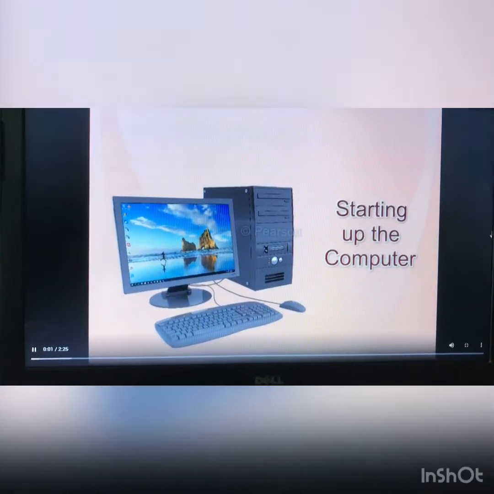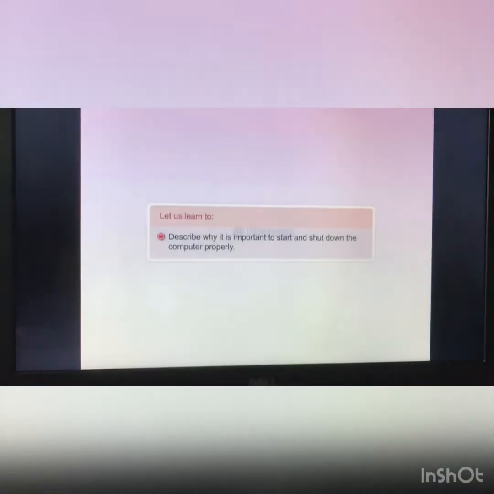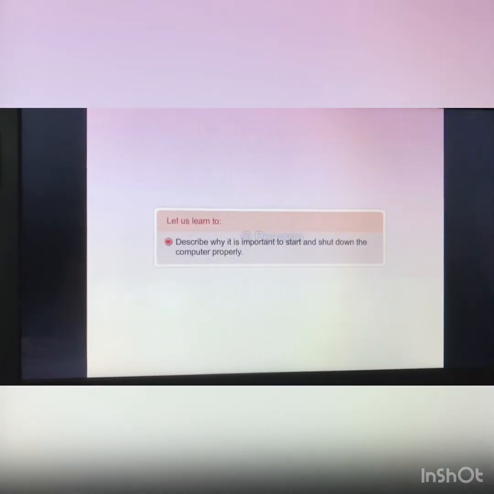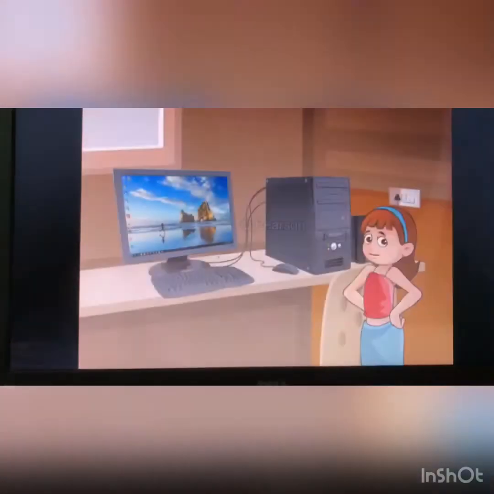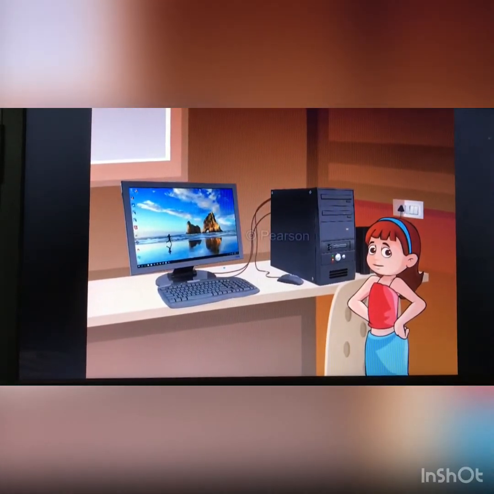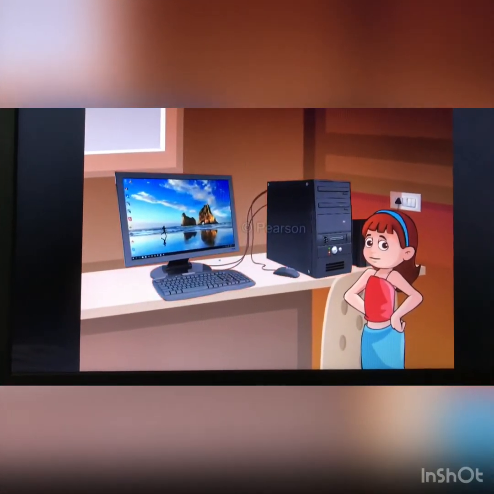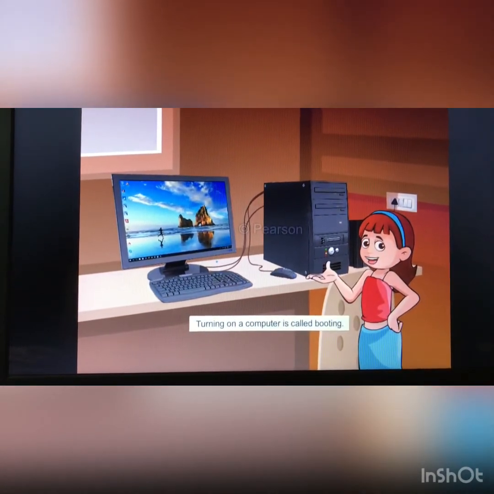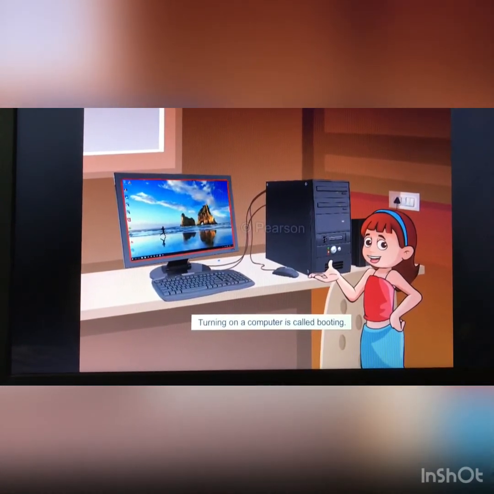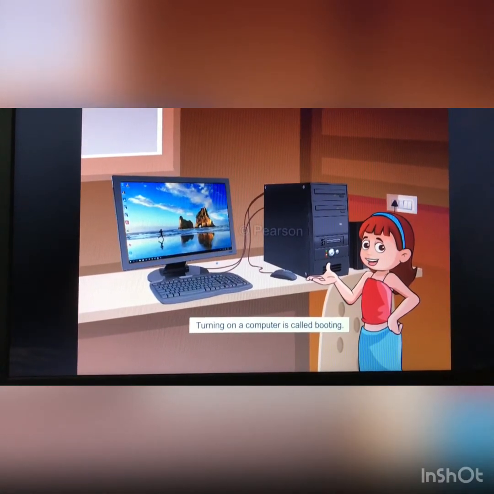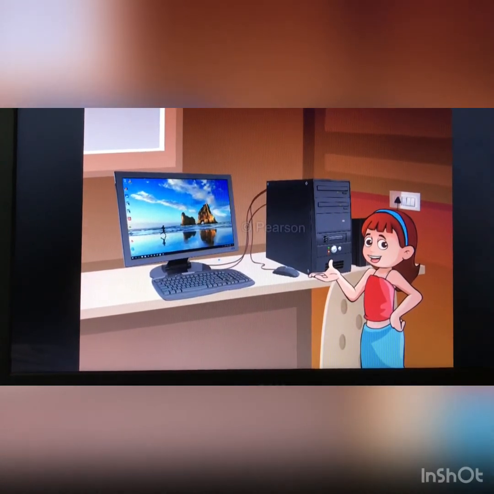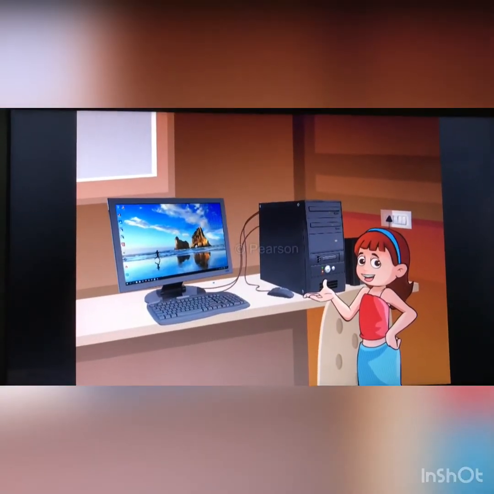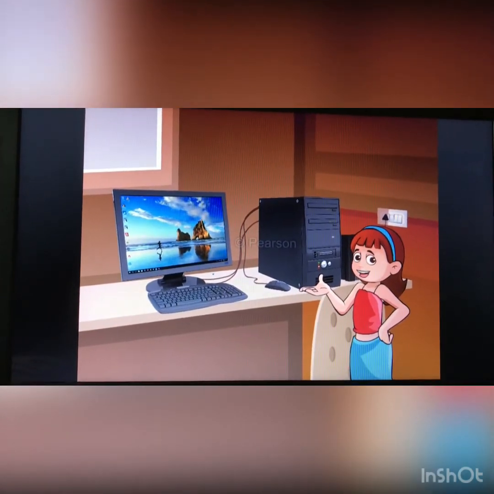Starting up the computer. Let us learn to describe why it is important to start and shut down the computer properly. Did you know that turning on the computer is a special process? This process, called booting the computer, is a series of steps which you must follow so that your computer functions properly. Before we learn to boot, let us identify and locate the switches and buttons involved here.